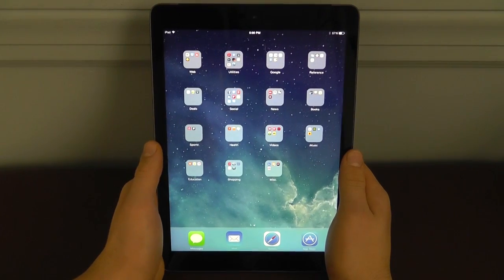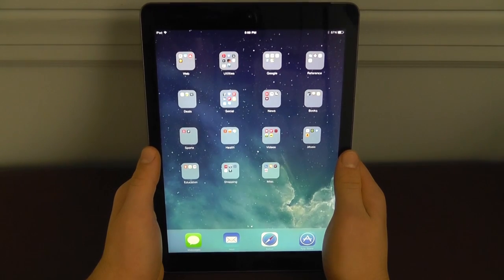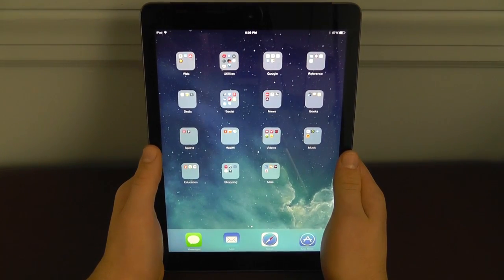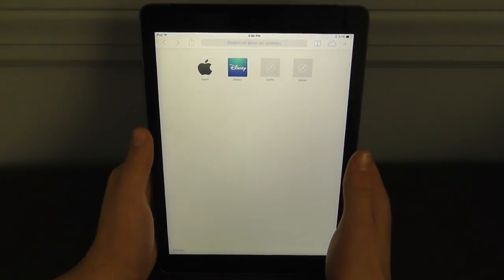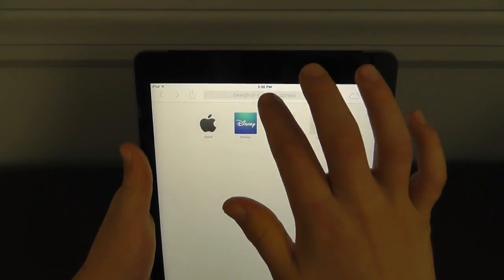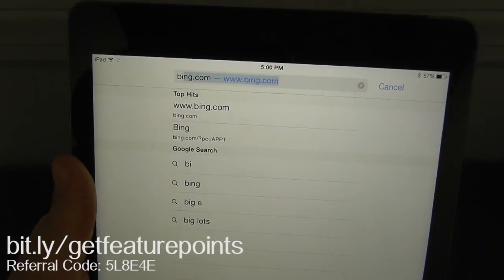Now we have some of the really cool deal apps for the iPad Air. These are apps that let you get all the best deals. Now, the first one isn't actually an app, it's in Safari, and you just have to follow along with this URL. All you gotta do is type in Safari, you wanna type in